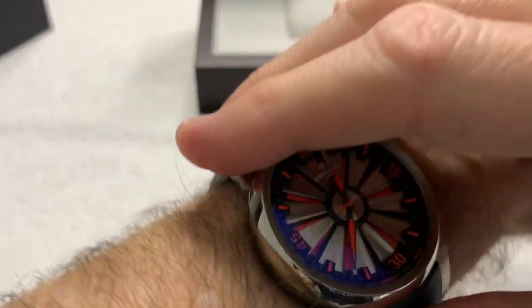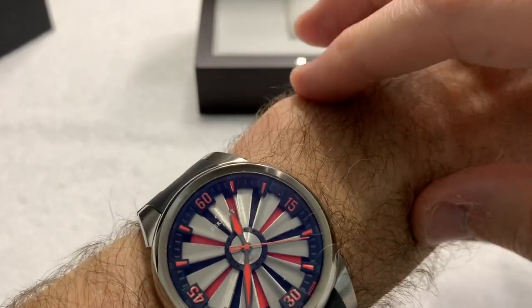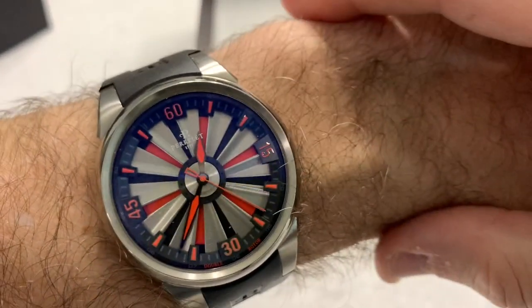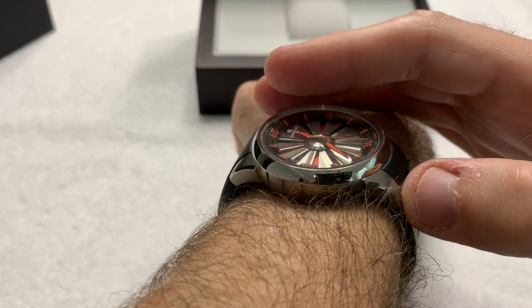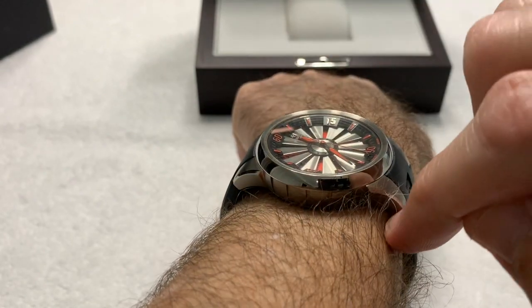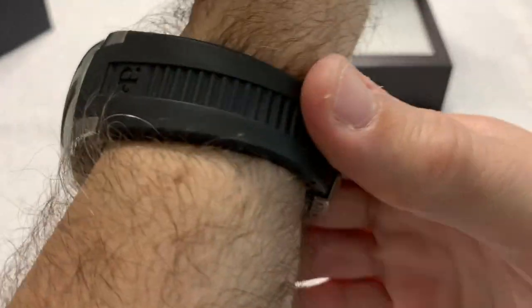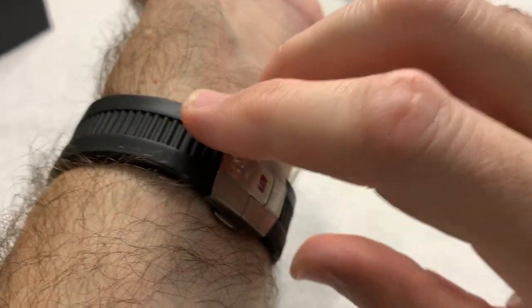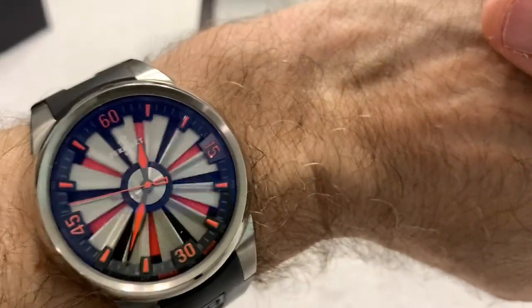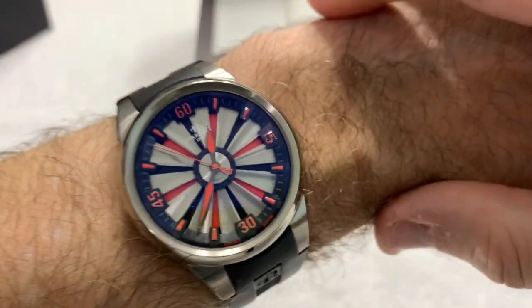Anyway, it fits beautifully on my 7¼ inch wrist. And with that flush mount crown, even if I was wearing the thing down here over the bone, it wouldn't interfere with my wrist. But there you go. The lugs curve down nicely, so you can see it fits very well on my wrist. There's enough looseness there with this thing cut properly that it doesn't bind up on me. And it's just a hell of a nice piece to wear. It really is. I don't know why my dad got tired of it, but